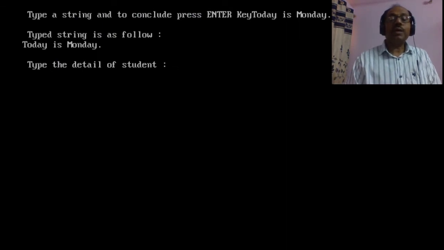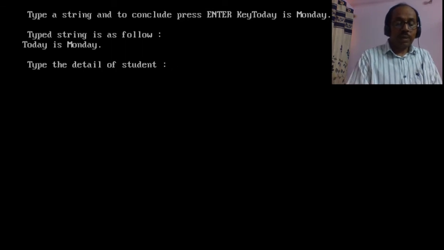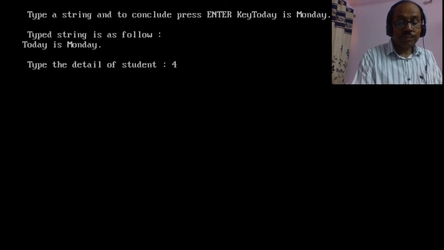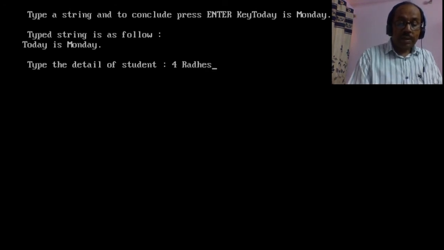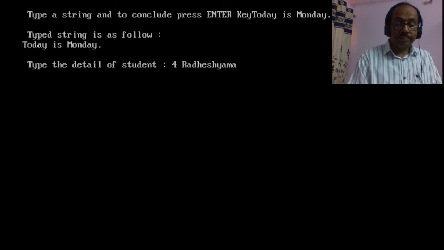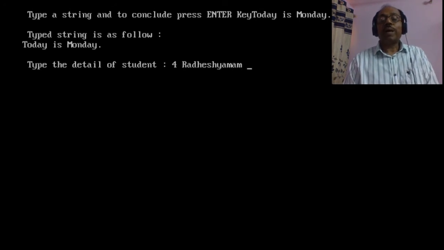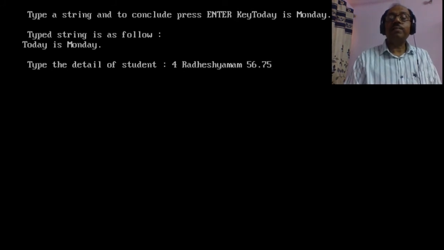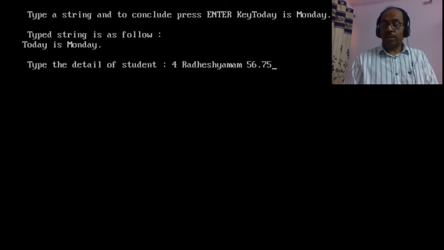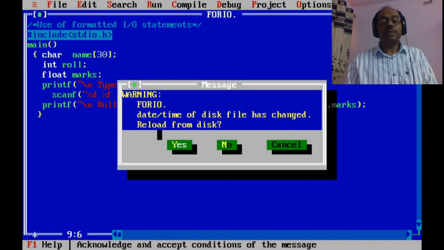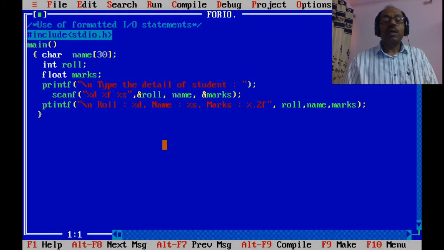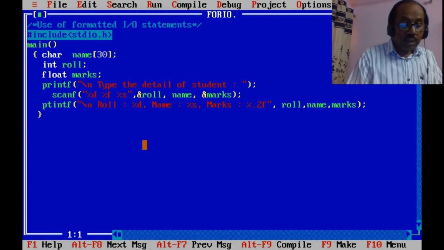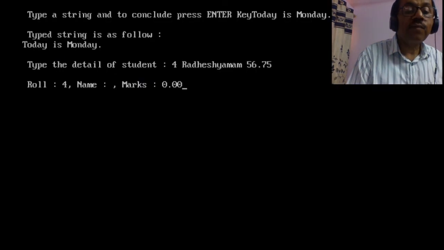So we have to put the student's roll number. Roll number is 4. Name is Radheshyam. His marks is 56.75, and we entered the required details. Now to see the result, we are moving to Alt F5.